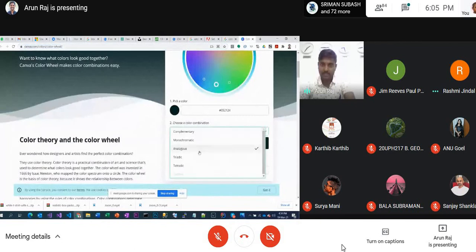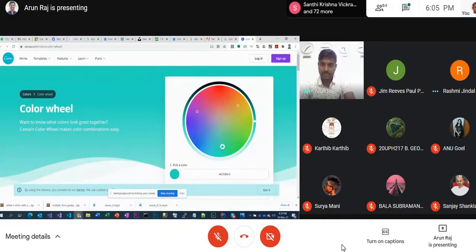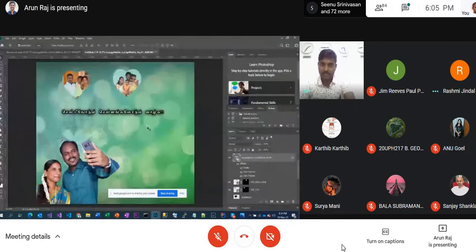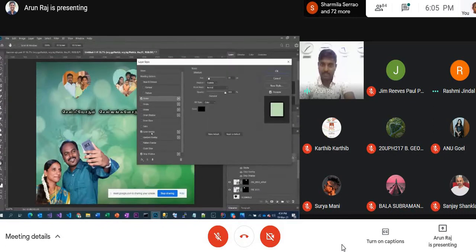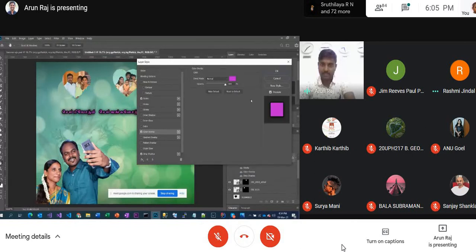There are multiple things here. See, when you take any color, you can take this, and this color is completely opposite. So for example, if my background is somewhere near here, then the other 2 colors which you want to pick out are this color and this color. So I am going to my blending options and the color overlay, picking this color. As I already put a color, I am reducing this a bit. Or maybe I'll take white.